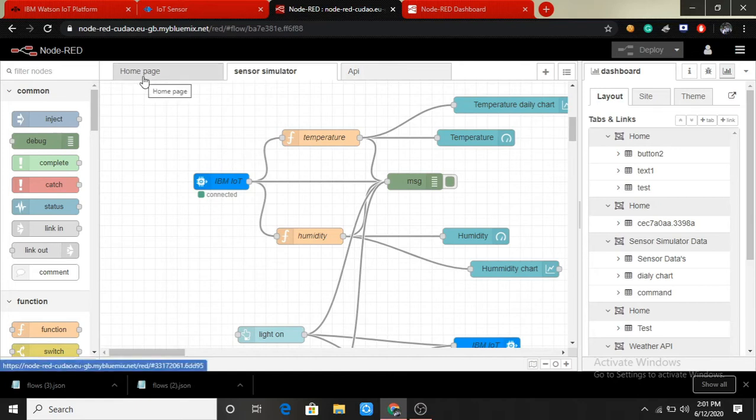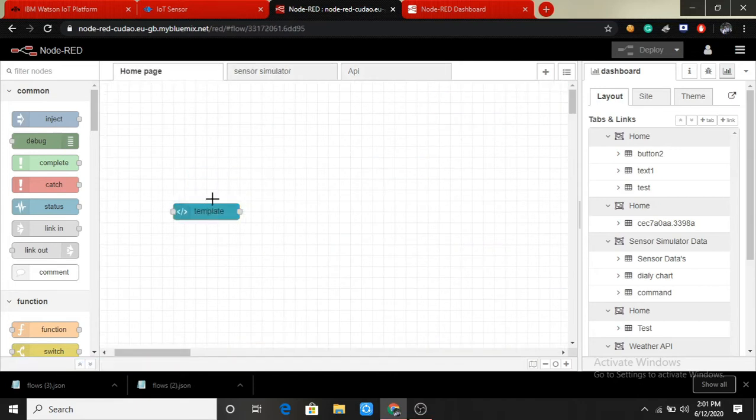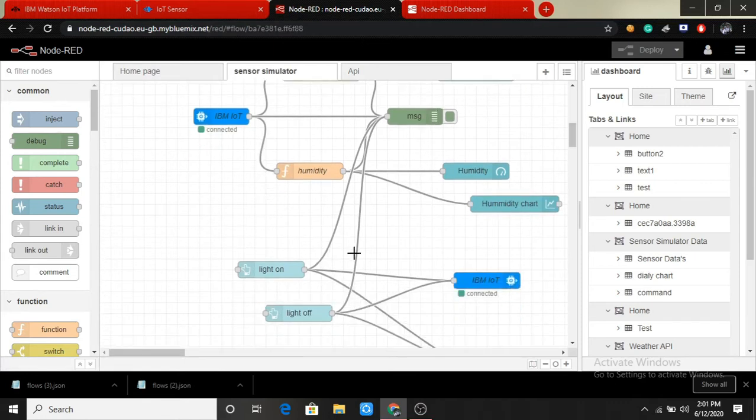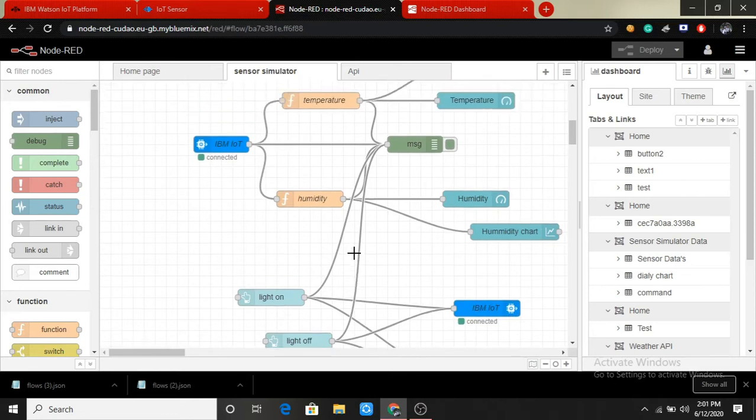The home page will consist of a template. The template will consist of code written in HTML format. It will have a background image for a pleasant appearance. The second node will consist of the IBM IoT in node as well as the IBM IoT out node. These two will be very important in this project. These two nodes will play a vital role in getting the data as well as transferring the data to the Python scripts.